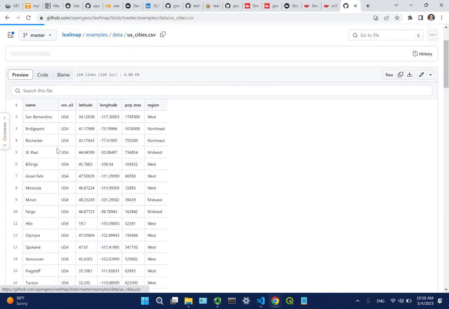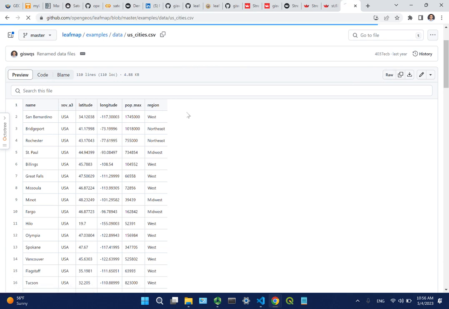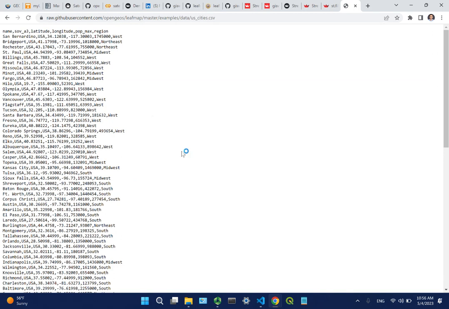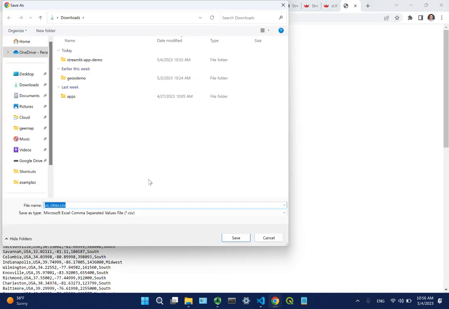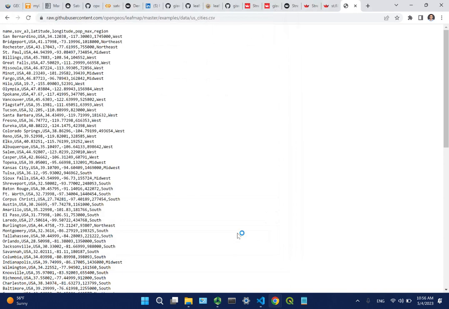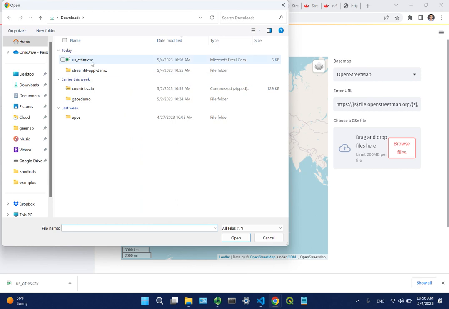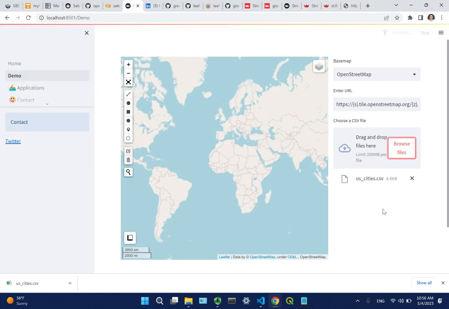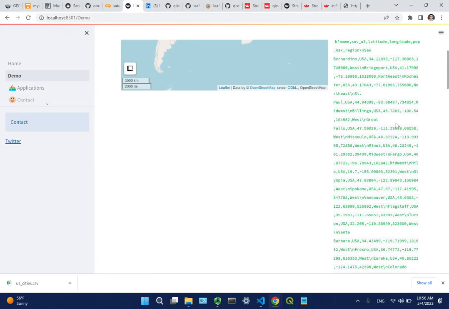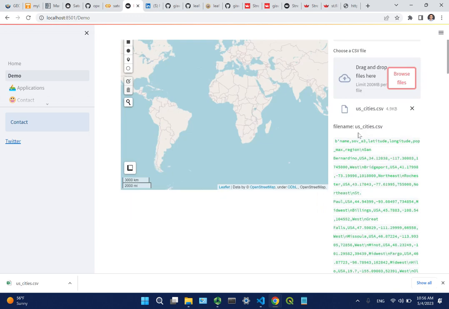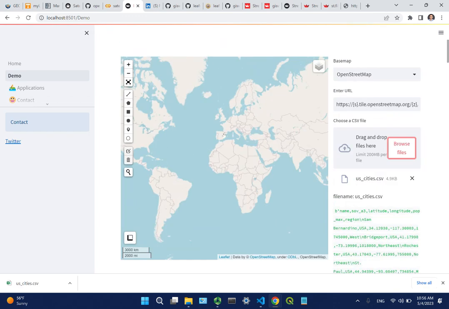How about this? US cities.csv, right? Exactly like the example here. I have two columns, latitude and longitude. So I'm going to download this one, put it into my computer, and then try it out, see if it works, right? US.csv, and then come here, select the CSV file, download, click, open. See, it's going to just print out. It's not good, but you can do it as a data frame,